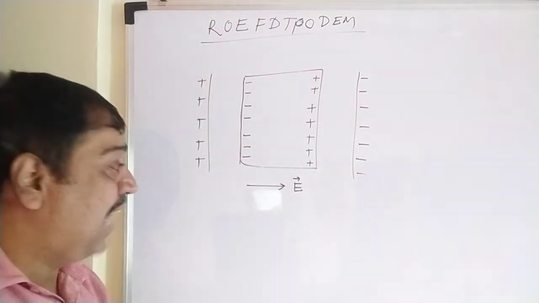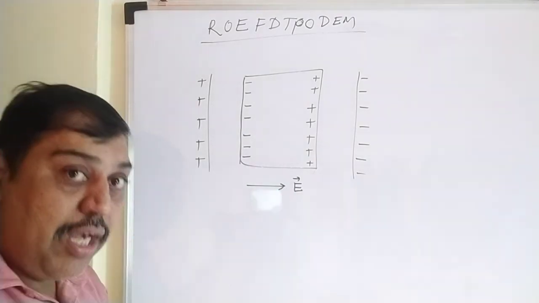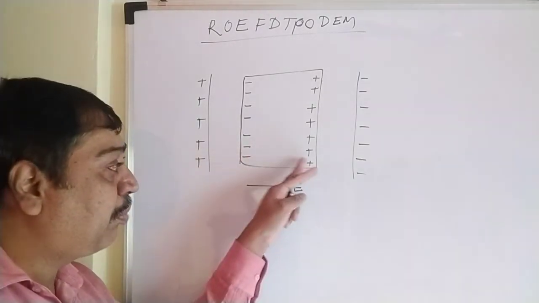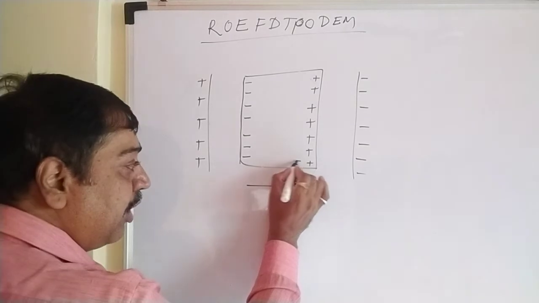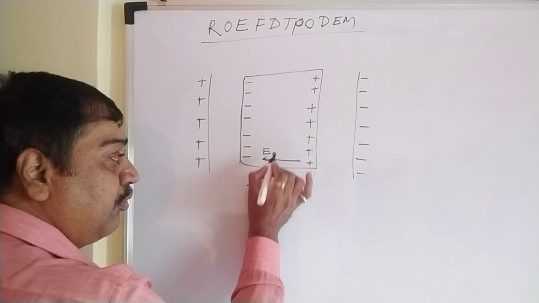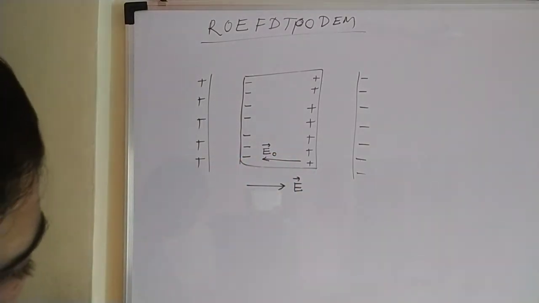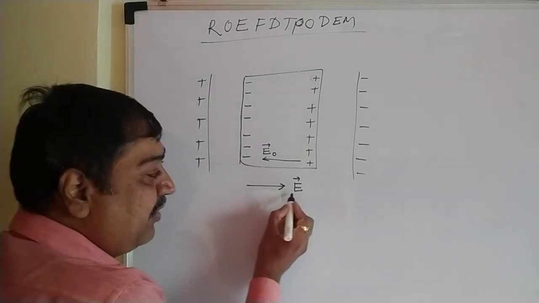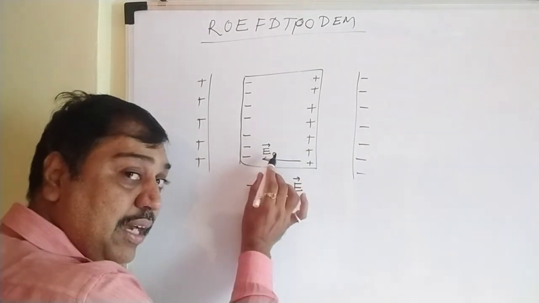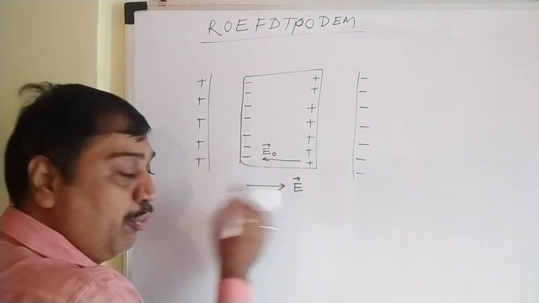Now here, as we have already applied the electric field E, positive to negative, but due to the production of these charges inside the dielectric material, it again has the charges plus and minus. That's why they produce their own electric field inside the dielectric material, suppose E0. Now if you see, this is the external applied electric field, and this is the electric field produced inside a dielectric material due to polarization of the dielectric, and their directions are opposite.